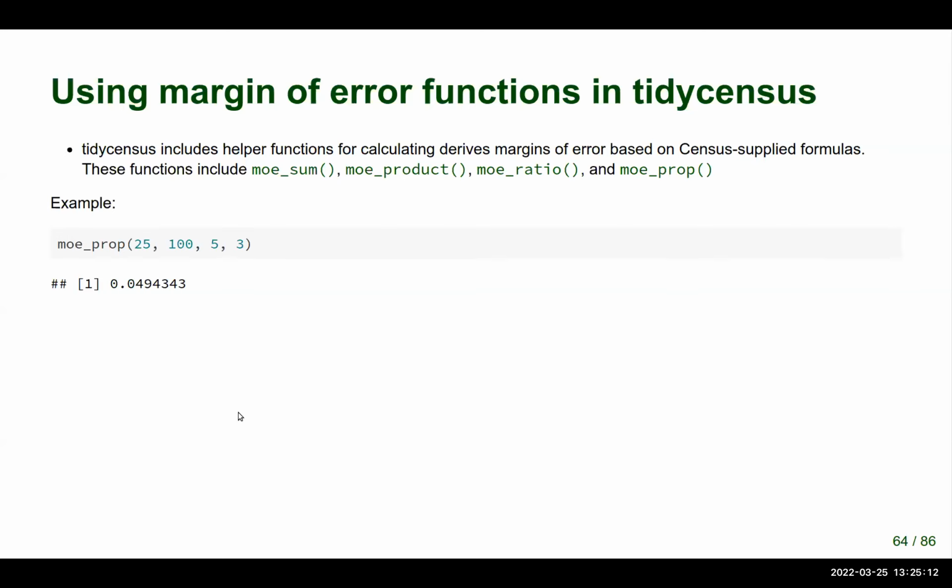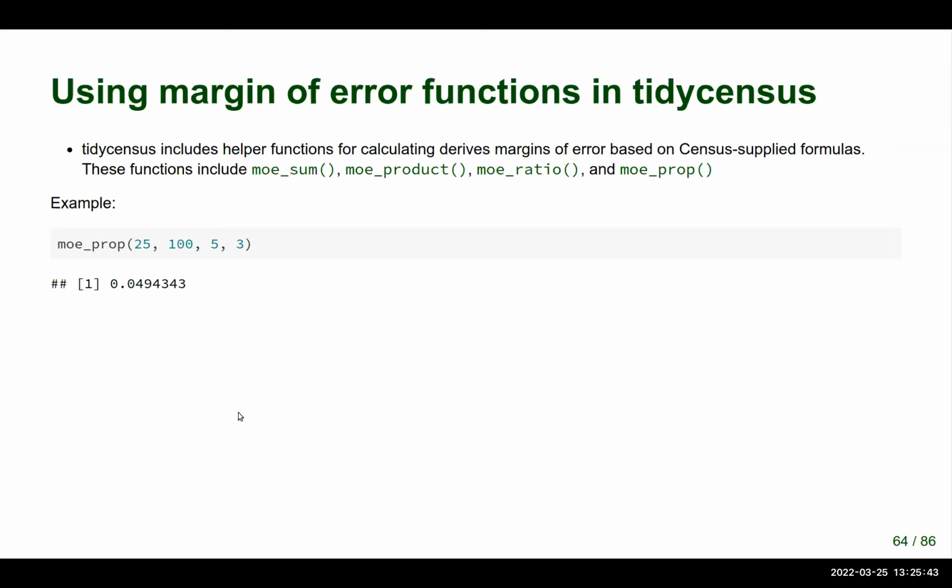What you'll do then is divide a value by another, a numerator by a denominator, to get a percentage or proportion. But how do you handle that with respect to the margin of error? Well, the Census Bureau publishes documentation on how to calculate derived margins of error for sums, products, ratios, and proportions. And what I've done is I've incorporated that into tidycensus with the moe_sum, moe_product, moe_ratio, and moe_